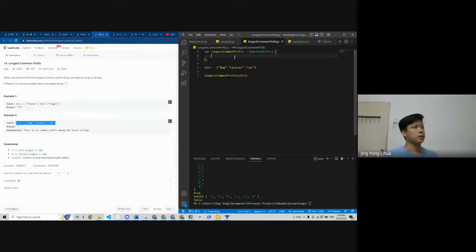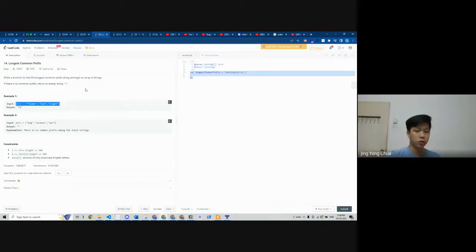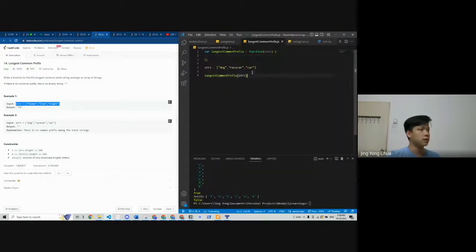So let us see, what can we do? We try to check the front letters, I guess. So we check if the front letters match or not. And if it does, then we store it. After that, we check the next line. Then we check the next line.